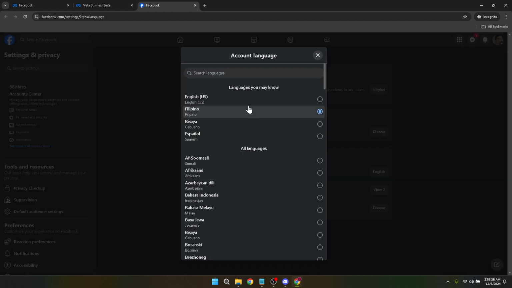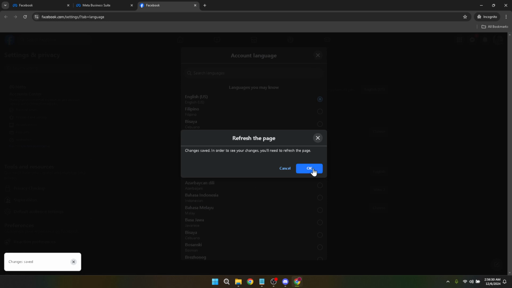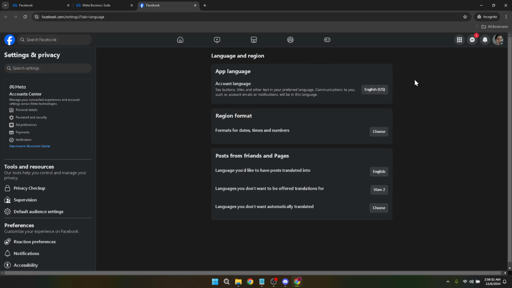With your Ads Manager now in your preferred language, navigating through campaigns, analyzing data, and managing ads should feel more intuitive and less of a chore. A few parting tips to ensure you get the most out of this adjustment. Remember, the language setting you've changed applies to the Ads Manager and other Facebook business tools. If you work in a team, make sure to communicate this change, especially if multiple users access the same account. And if you ever need to switch back or try a different language, just follow the same steps.